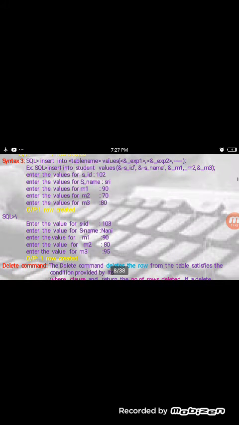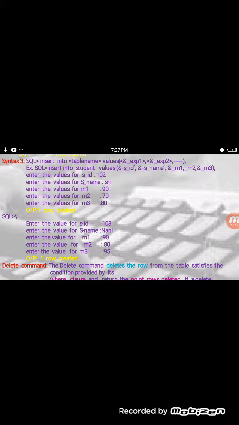And then another syntax we are using. Instead of that, we can use this way also, to insert rows into the table. Either you can use the above way or this way. In this, the syntax is insert into table name, values, ampersand expression 1, ampersand expression 2.